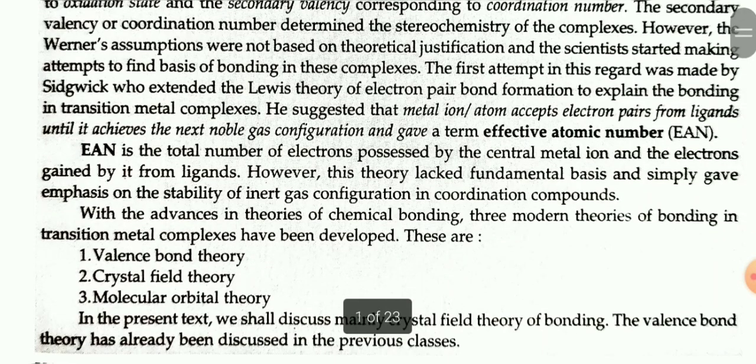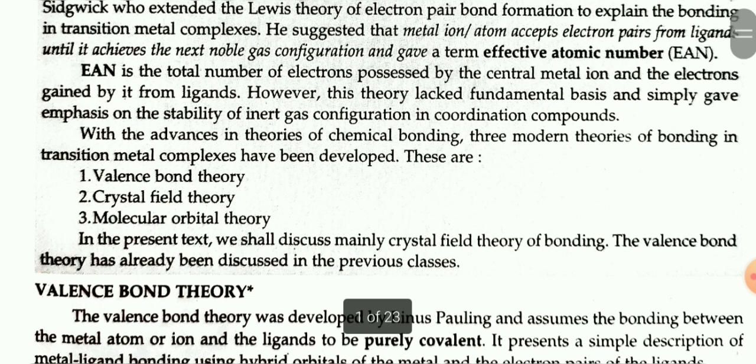He suggested that a metal ion or atom accepts electron pairs from ligands until it achieves the next noble gas configuration, and gave a term, effective atomic number, EAN. EAN is the total number of electrons possessed by the central metal ion and the electrons gained by it from ligands. However, this theory lacked fundamental basis and simply gave emphasis on the stability of inert gas configuration in coordination